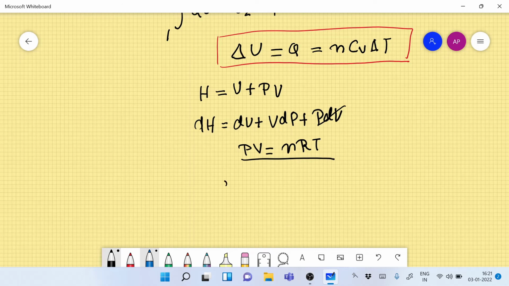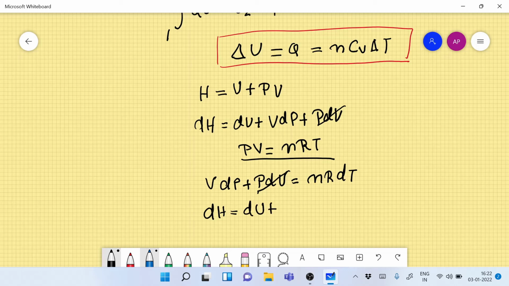Differentiating this equation, we get P into dV plus V into dP, oops, my mistake, V into dP plus P into dV is equal to nR dT. On the RHS, P dV is equal to 0 since dV is equal to 0. Therefore, we get dH is equal to dU plus nR dT,